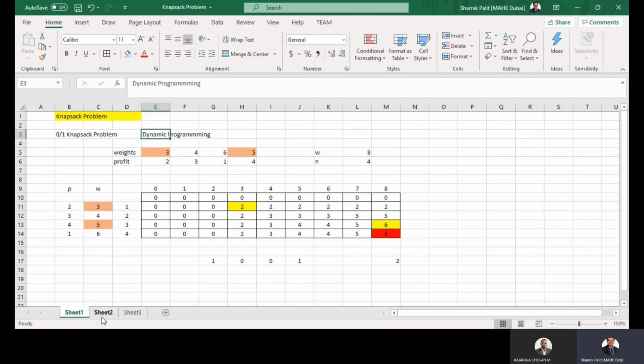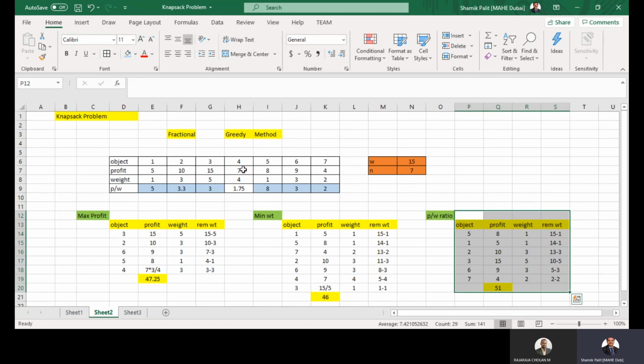And in case you have a knapsack problem using a fractional method, there you always make use of the profit and weight ratio. So in a broader sense, if we consider the greedy method, this is basically called the greedy method, where you are getting the best solution from a specific problem statement. So here we got the best solution, and this is called the fractional knapsack problem.